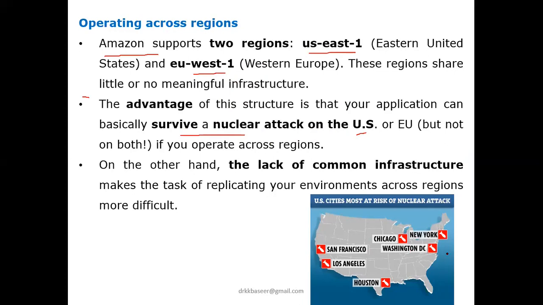you see the figure at the bottom, where different cities in different states are impacted. These red ones are all cities belonging to the US. Whenever that happens, it is automatically taken care of because the infrastructure is already available in Europe. When the nuclear attack happens, because of this backup and redundancy of infrastructure, the problem is easily handled. But there is a problem in operating this, because the lack of common infrastructure makes replication a task. Every small transaction, every small operation, you have to replicate.